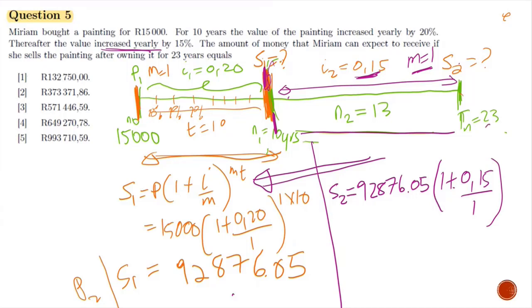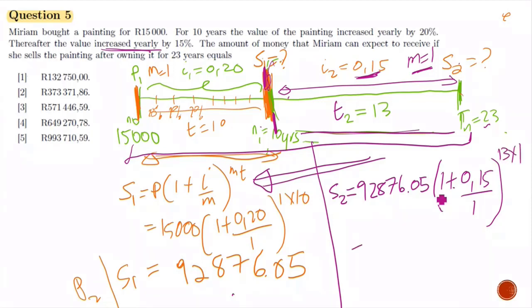Your time here is not 23, it's only 13 years. The whole period from 0 to here is 23 years, but for this period it is 23 minus 10, which is your T2. Your T here is 13 multiplied by 1. The final value is going to be